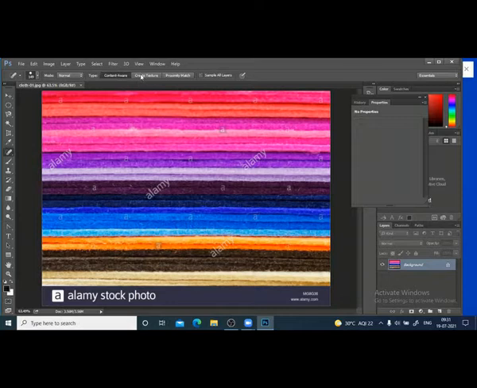Let us see what happens if we use create texture. When I click here, you see that it is removed, but it gives a small texture there, not like content aware. This is the second option, create texture.